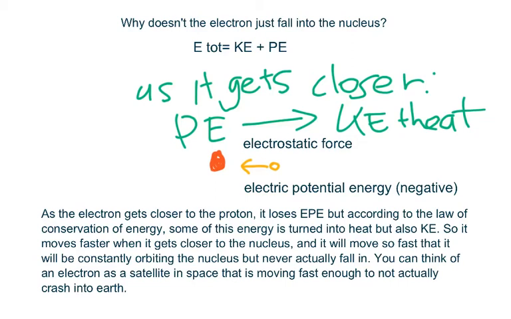Hi everybody, in this video we will talk about quantum numbers and orbitals. But first, let's ask ourselves one question. Why doesn't the electron just fall into the nucleus? So we can think of this in terms of potential energy and in terms of the law of conservation of